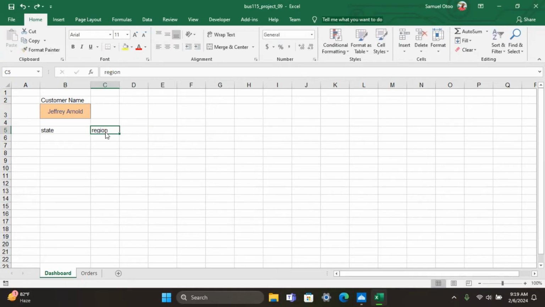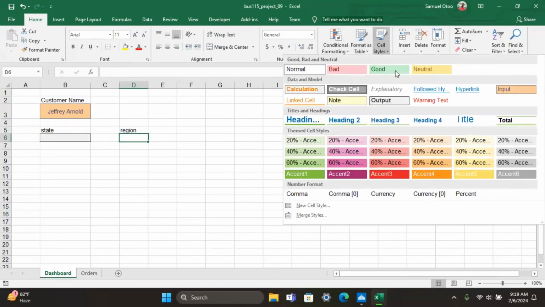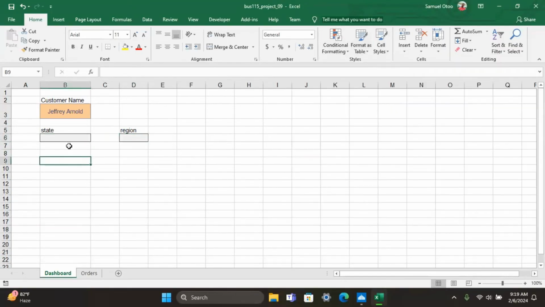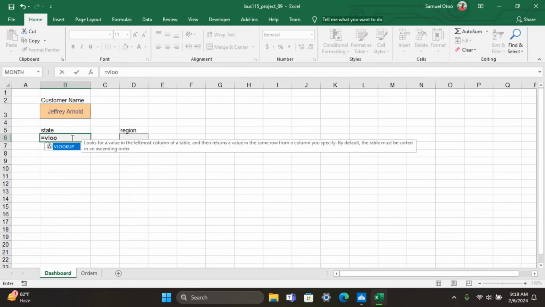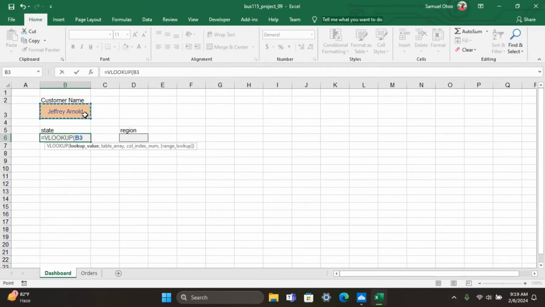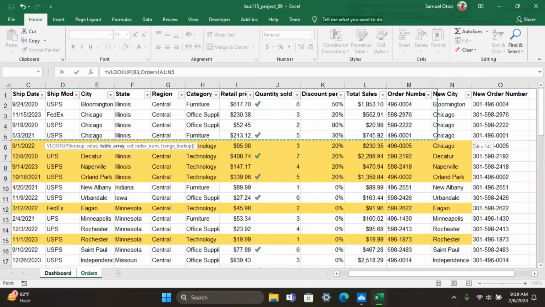Let me leave the space. Yes, cut and paste it here. Okay, so I'll format this as an output. Okay, and then I'll use VLOOKUP for this one. VLOOKUP array. And then my table, because I did not create a name range for the whole table, I'll select it like